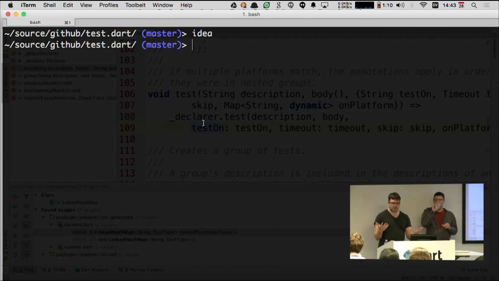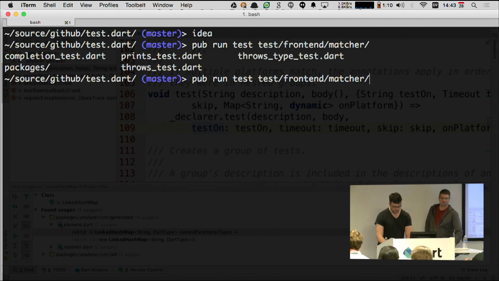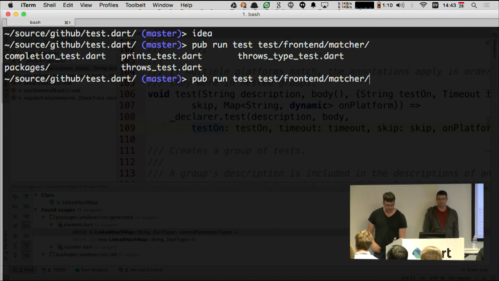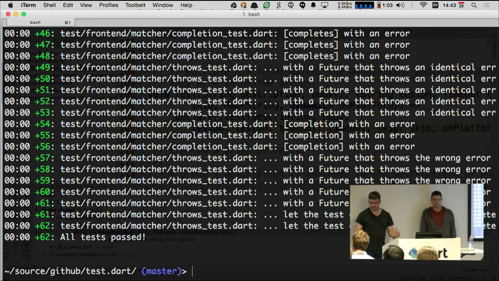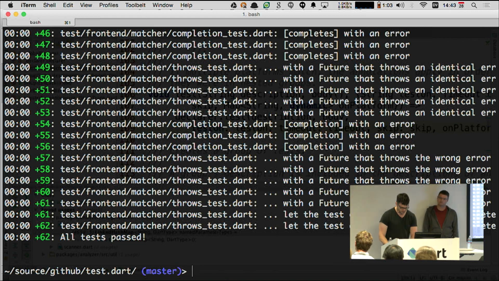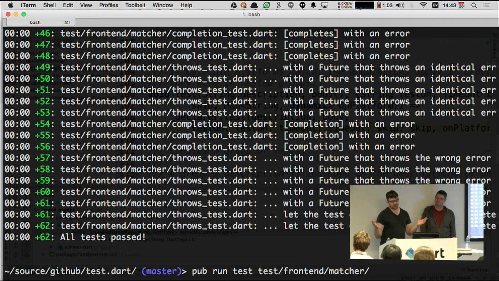So let's run a subset of tests from the test package. So I'll just do pub run test. I'll go into the test directory. You'll see there's a number of tests here I could run. Let's just run all the tests in that directory. And so you see we're using the pub run command, and I can get an output of all the tests that I'm getting run. It actually supports parallelization, so it basically decides half the cores in your machine.